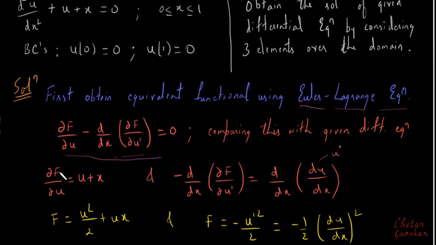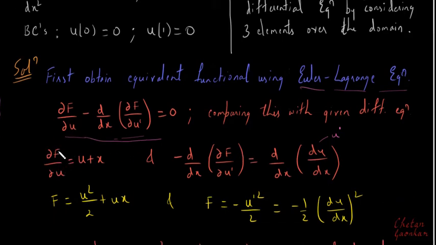Now further, our goal is to find this f, and if I integrate this once with respect to u, I will get f as u square by 2 plus x times u. So this is what I get after integrating this term with respect to u. And then similarly here, if I integrate this term with respect to x once, I will get dou f by dou u dash equal to minus u dash. And further, to find f, I will have to integrate this one more time with respect to u dash, and in that case I will get minus u dash square by 2. So I have been able to get f from both cases.